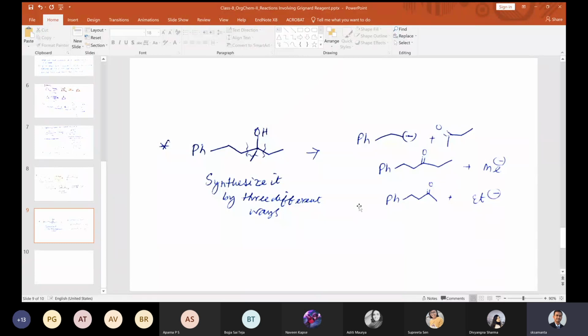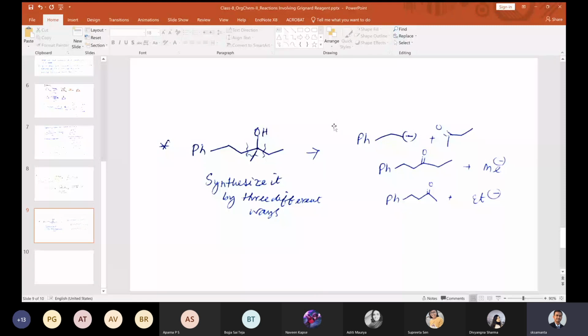For this course, I would not ask you to go that far, at least up to now. Towards the end, we will see somewhat lengthier reactions, but not at this point. So I will basically ask you to do very short syntheses. Maybe you just have to go back one or two steps, so that you can propose what the starting materials could be. Once you go back to get the starting material, you also have to show the forward direction.